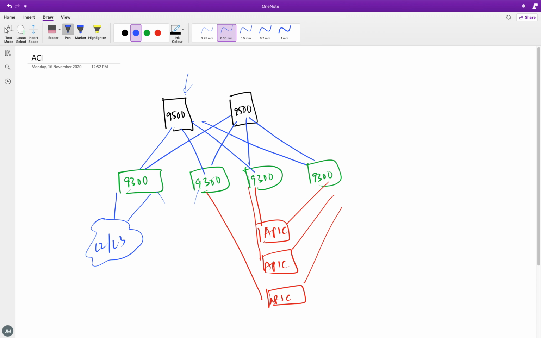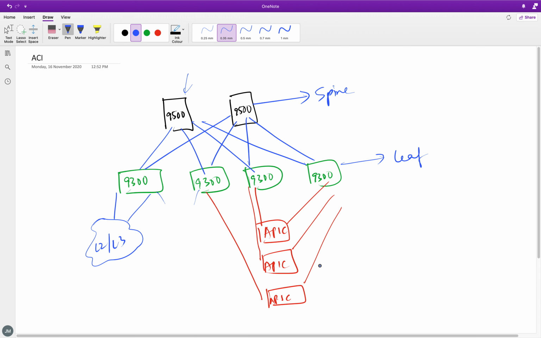Sweet. All right. So that being said, what are the 3 important components I would really call out? One is your spine over here, one is your leaf, and this one is your APIC. So these are your 3 important components of ACI, of the whole architecture. Okay, so that being said,